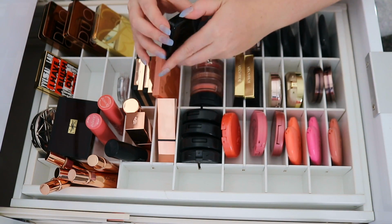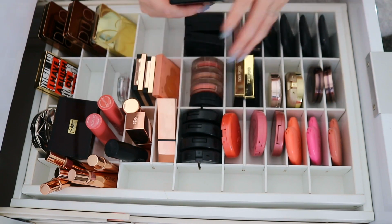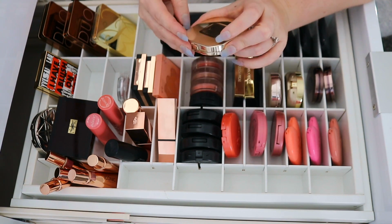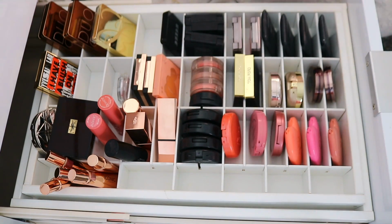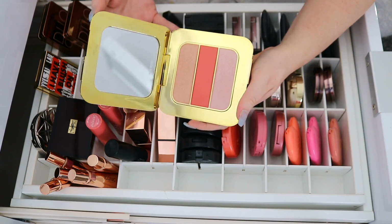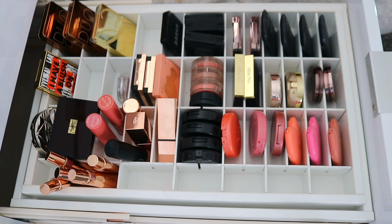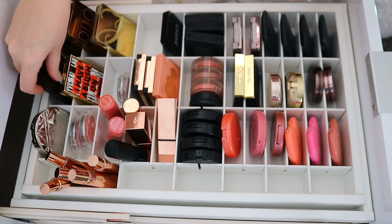And then I've got this Buxom Intoxicate blush, which is so pretty. I've used that quite a few times. Do I keep it? I might keep it. We have a Dolce & Gabbana blush in Rosebud, which looks like that, which I'm going to get rid of. And then this gigantic thing from Tom Ford, which I'll probably declutter as well, from that same range, the press samples I got. That's actually everything, so I might just keep a couple of those items since I've got